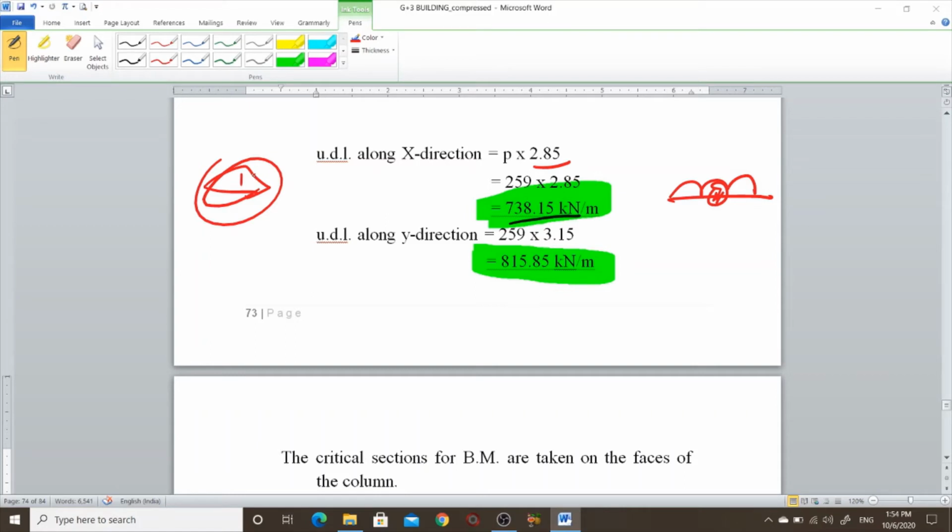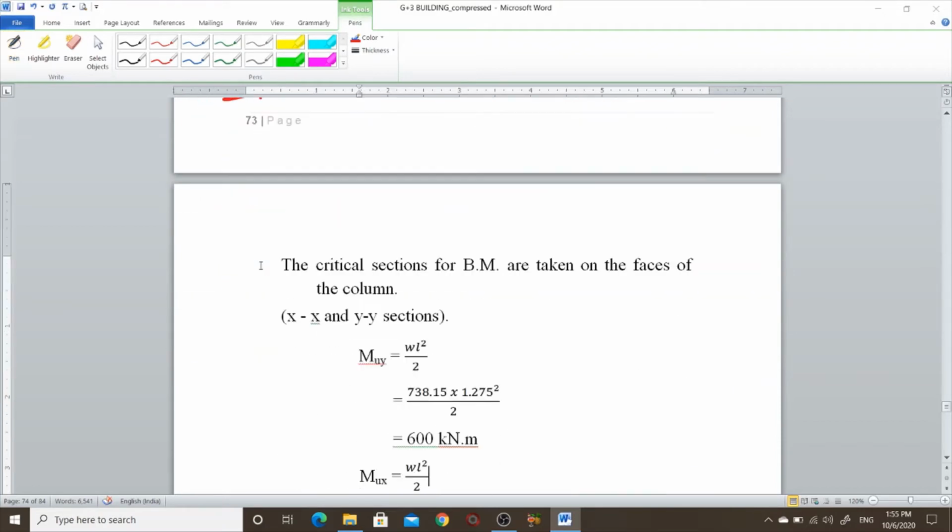At the face of the column. Here is the footing and here is the column. So we will find the maximum bending moment at the face of column.